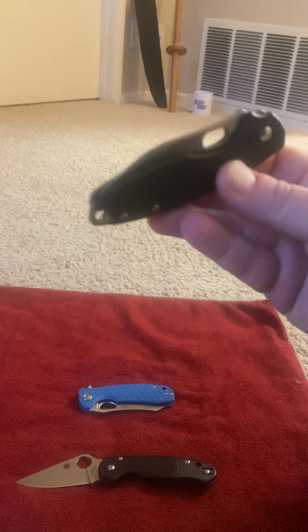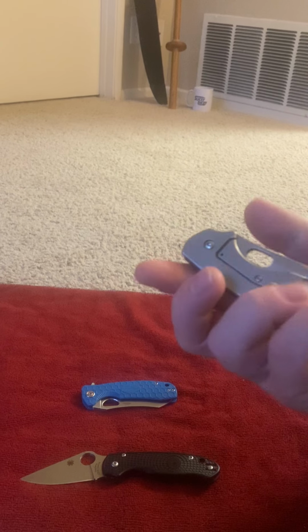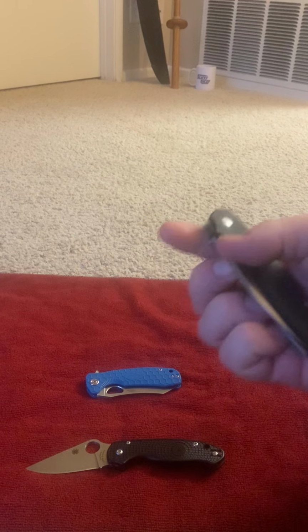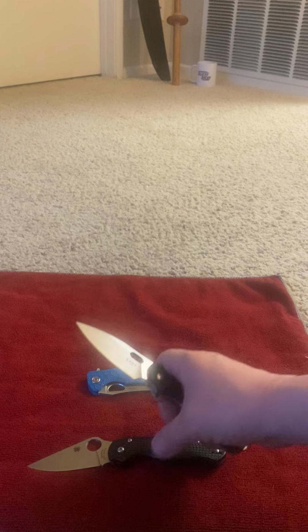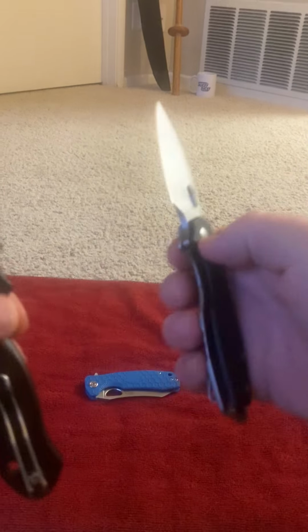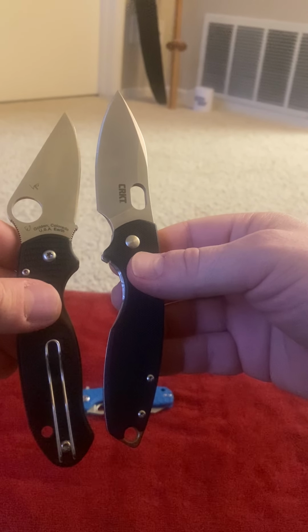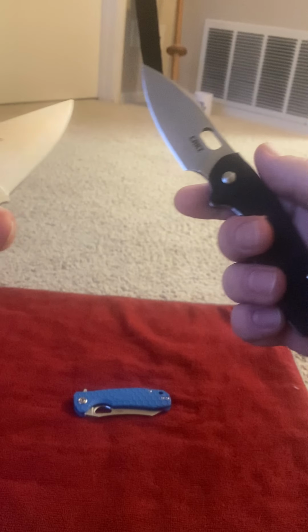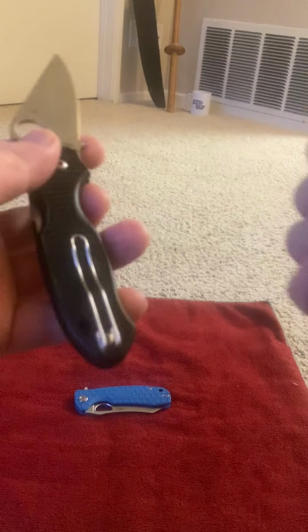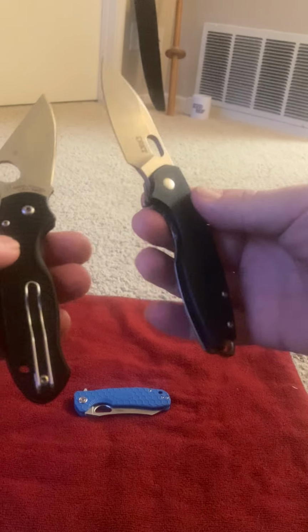CRKT on bearings, great action. This one's not as broken in as my Honey Badger, but this is also fantastic. One of the reasons why I call this the Para 3 killer, I will try and show right now. I don't know if you can see the similarity of that ergonomic setup, but basically, if you can fit on the Para 3,